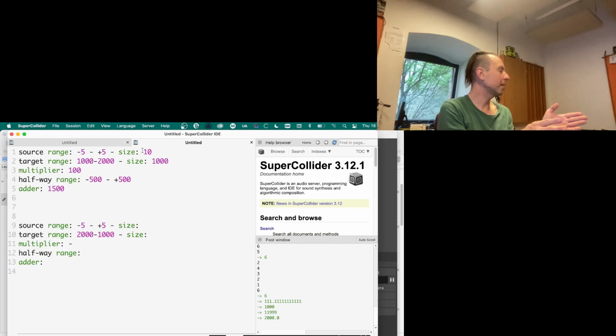So if I actually multiply a range by minus 1, then it becomes the exact opposite. I mean, it depends if it's unipolar, bipolar, right? If I have a range minus 1 to plus 1, I multiply by minus 1, the range stays the same, but is inverted. So if you have a bipolar range, meaning both negative and positive, then you can actually get an inversion with a single multiplier.